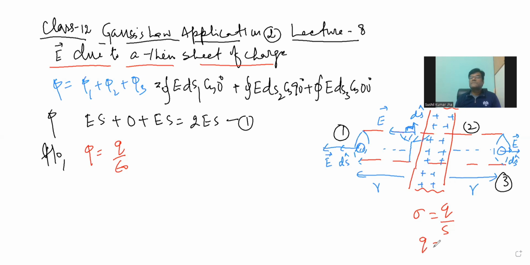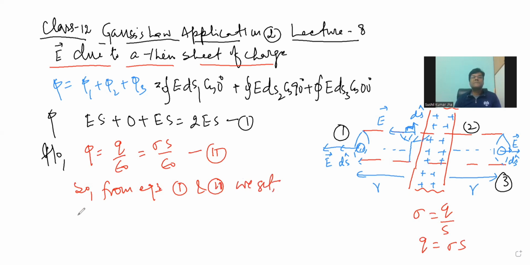Therefore q becomes sigma into s, and so we write sigma into s upon epsilon naught, equation number 2. So from equation 1 and 2 we get,